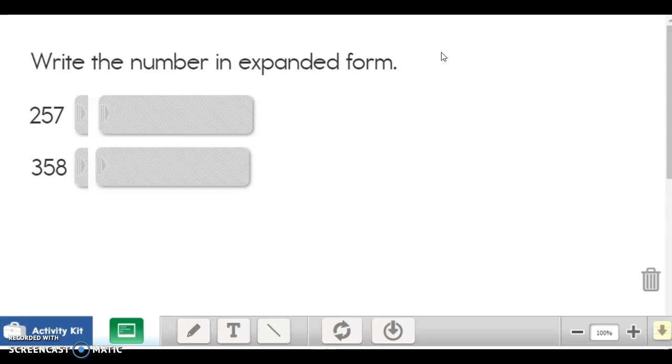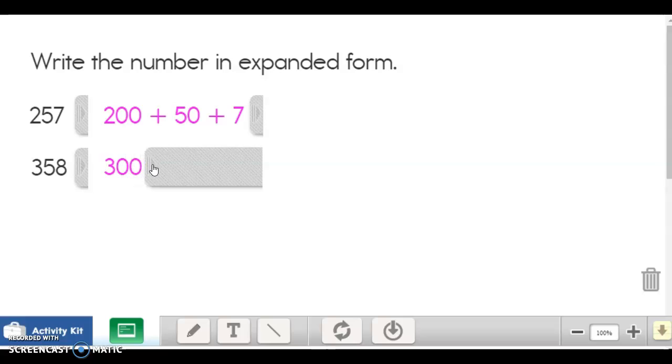We are on lesson 9.6 and this portion you could write down on a piece of paper, but it is not in your math journal. Write the number in expanded form, 257. So let's stretch that number out again. So we've got 200 plus 50 plus 7,